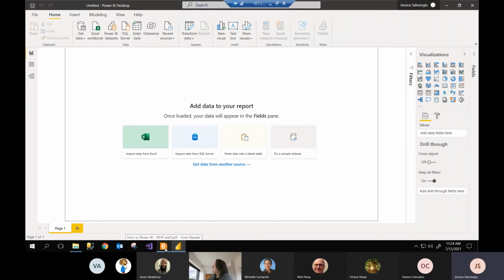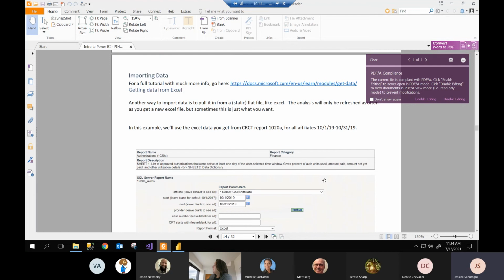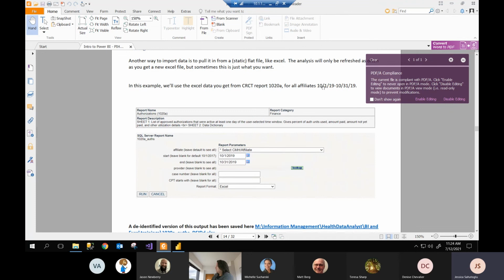So while you guys are signing in, I'll just give a little break and talk about the data set we're going to be using. This data set is based on Cricket Report 1020A, which lists out all the authorizations for whichever counties or maybe all of the counties. For the purposes of this demonstration here, I took a data set comprised of the auths between 10/1 and 10/31/19,